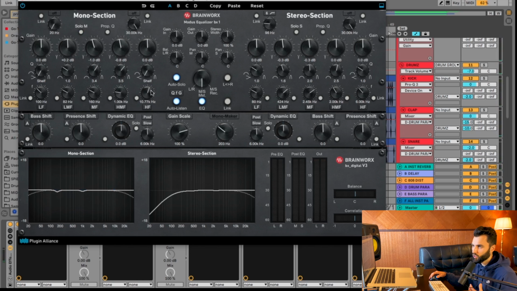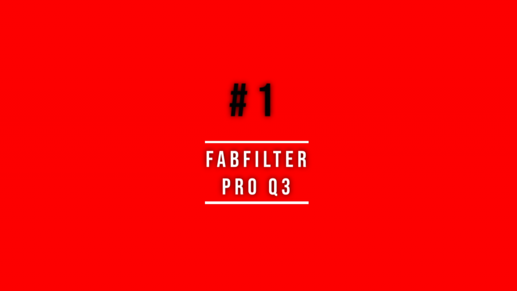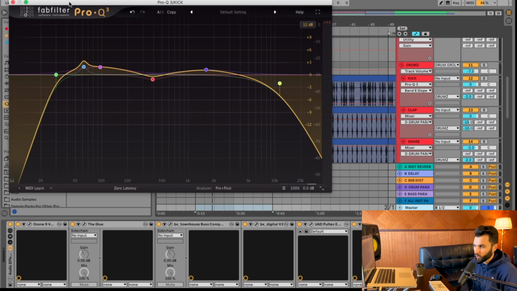So it's really easy to just hear the problem spots that you're trying to address and obviously take it out with your EQ, your gain, I should say, and then your shelf, and determining how you're going to change the Q, whether you're going to have it be a wide shelf or a very narrow band that focuses on getting rid of or even enhancing that frequency. But like I said, I'm using this one more for surgical reasons. My pick for the number 1 EQ plugin on my list is none other than the FabFilter Pro Q3.